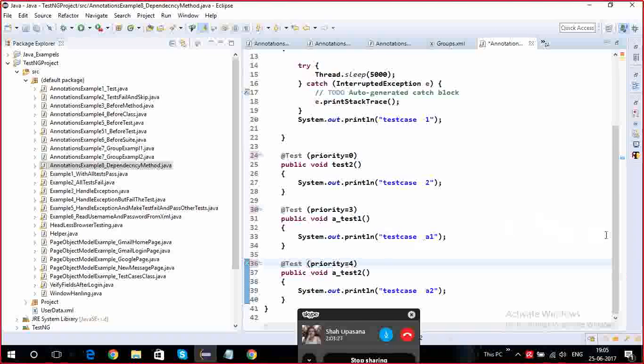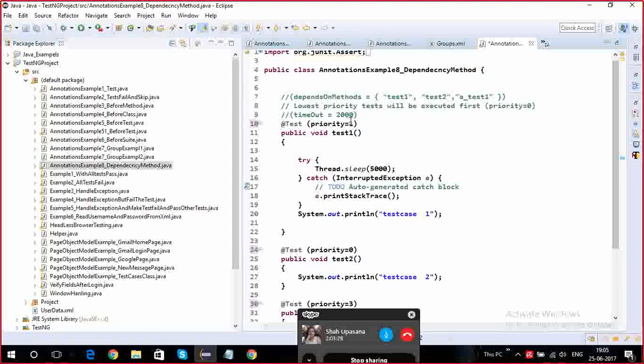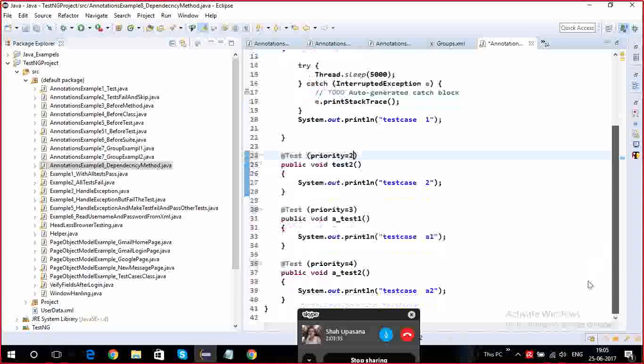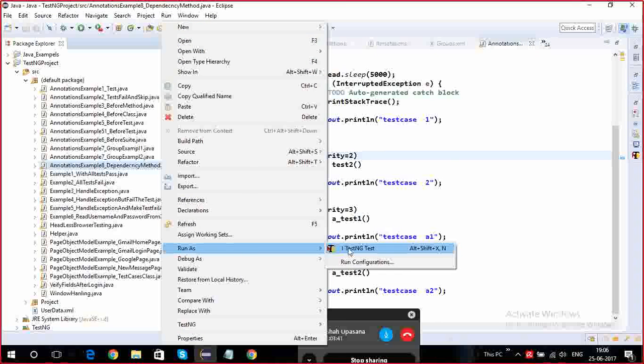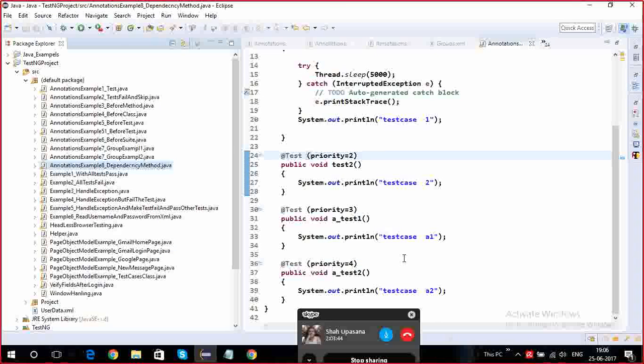Okay, or else let me start from here. This is 1, 2, test 1, test 2 should execute first, 3, 4. Okay, in the same order only. Suppose if I want to execute, run as